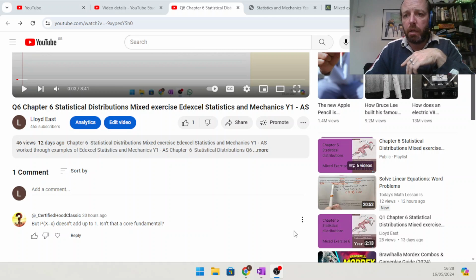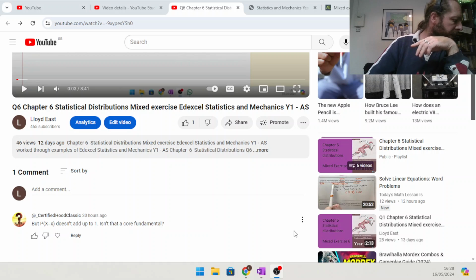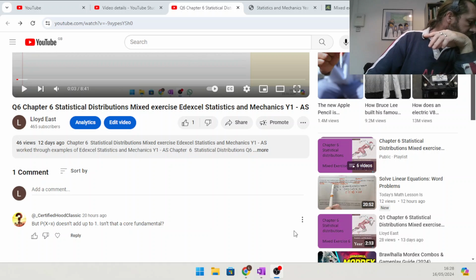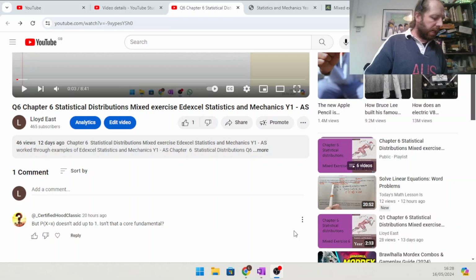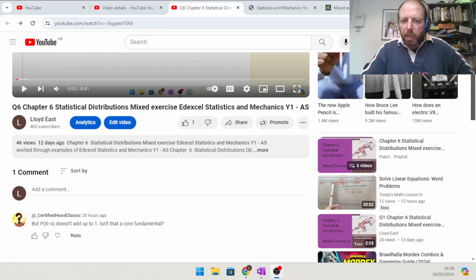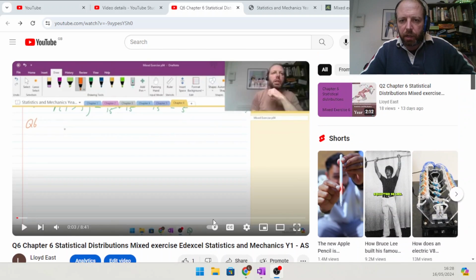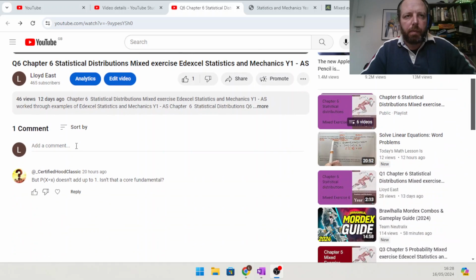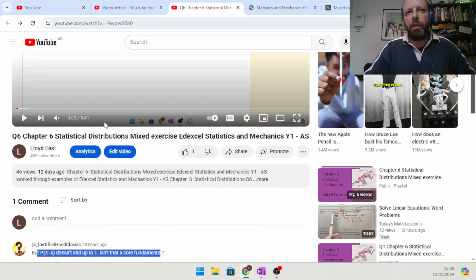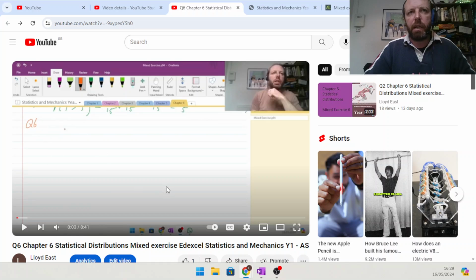Okay, so here we are doing question 6, mixed exercise 6 from the Statistics and Mechanics book. Now then, as you can see, I've already done this question, but as it says here by Certified Hood Classics, I got it wrong because it didn't add up to 1. Fair play to them for pointing out my mistakes. I've looked back, I've seen where my mistake is,